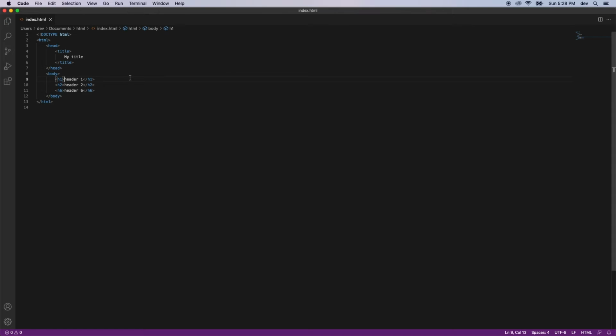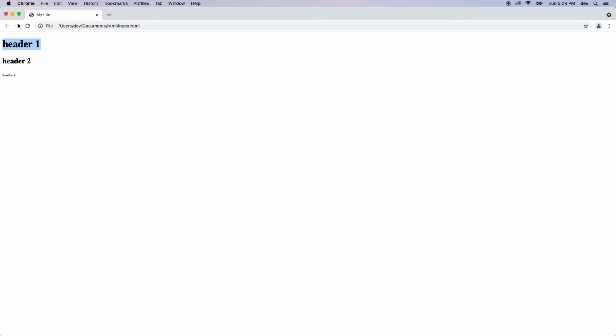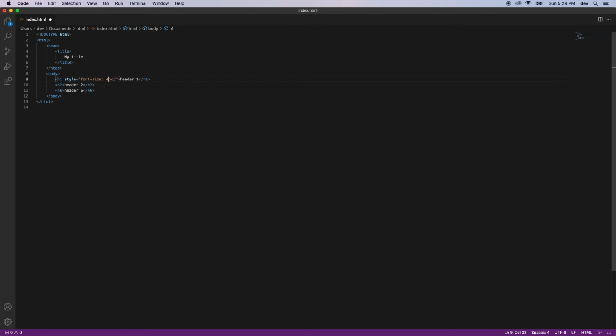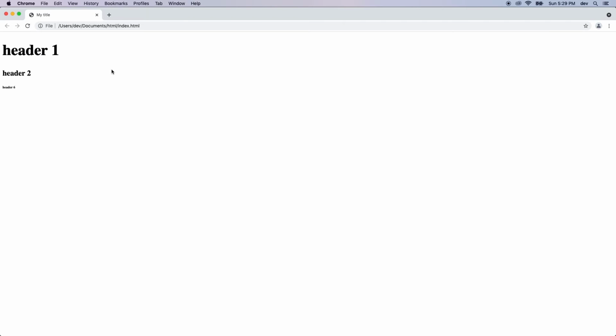Now here you can actually even specify the style that you want for any tags. For example, here in h1 I'll just write a font size, for example, and let me give it 32px. Save it, and if I refresh, let me just give it 48 here. Save. Okay, so 48 looks like that, and I guess 32 was just the default of the first header tag itself. So now if we go back,